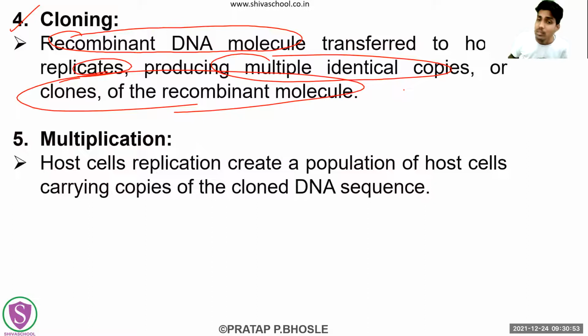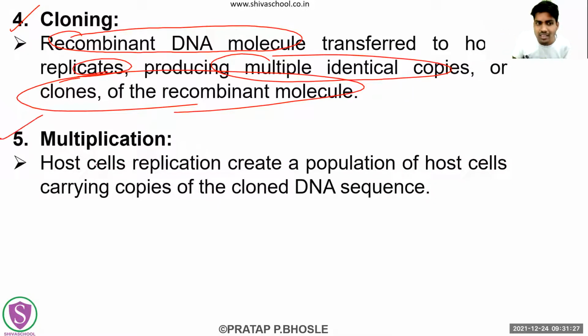You will add that insulin gene fragment to a particular DNA. Then a vector will be formed. Then that vector will be subjected to multiplication, the cloning. So lakhs or thousands of these genes which encode insulin will be produced. With lakhs of genes encoding insulin, you will get a higher yield of insulin, because you want insulin. Insulin is just an example. You can take any other example. You can generally say a biomolecule.